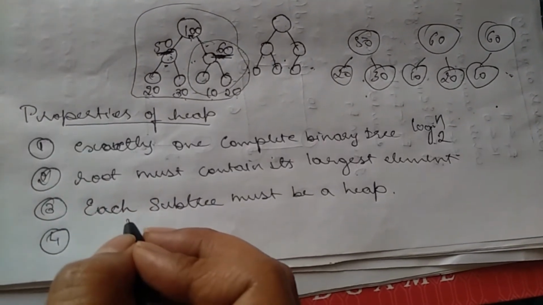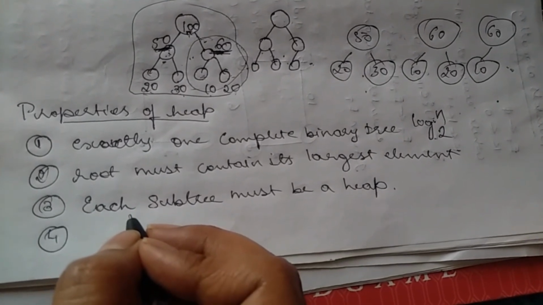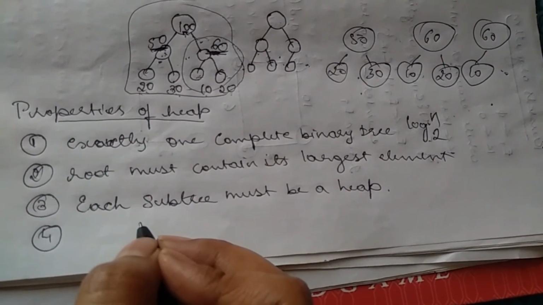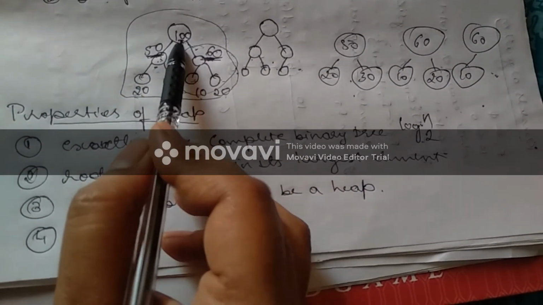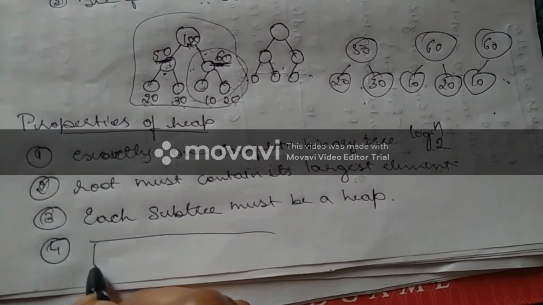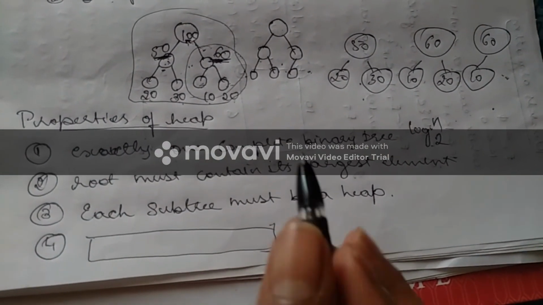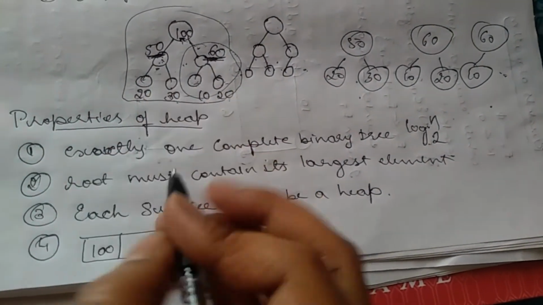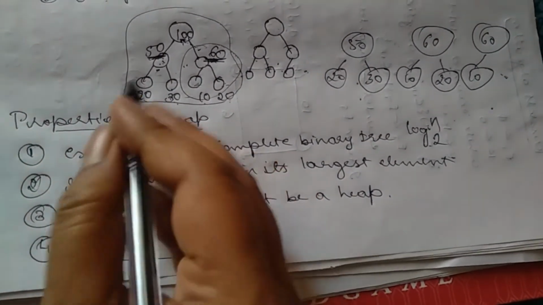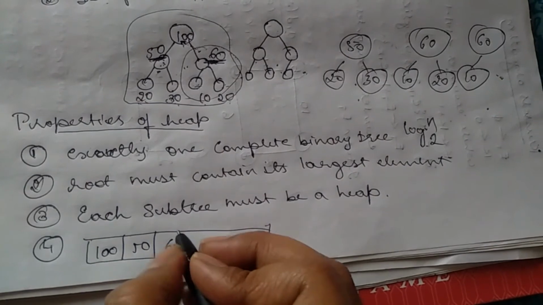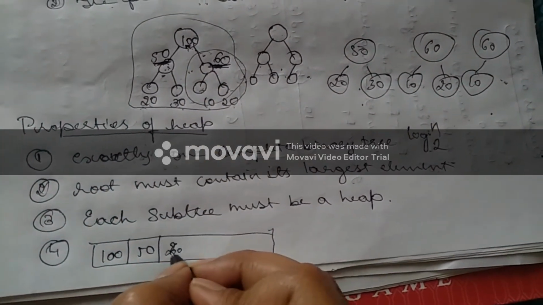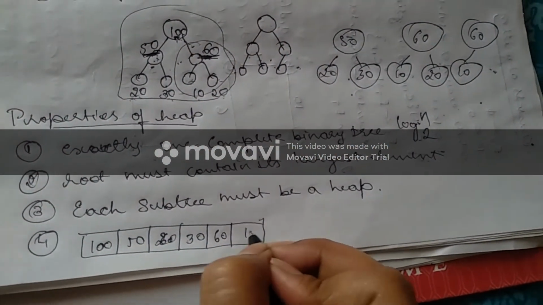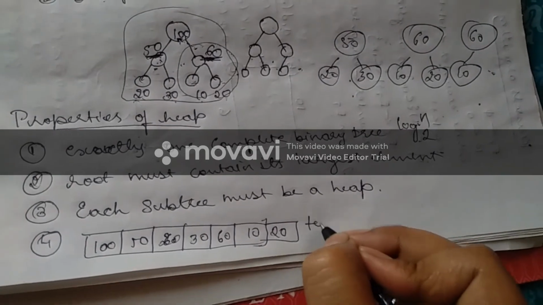Then the fourth one. What is the fourth one? A heap can be implemented as an array by recording its elements in the top-down fashion. For example, this is a heap. I have to record this in an array. You have to come from top-down fashion. That is, first root node 100 should be stored. Then the left node 50. Then its left, it is 20. Then 30. Next I'll go for the right side. It is 60. It is 10 and 20 in top-down